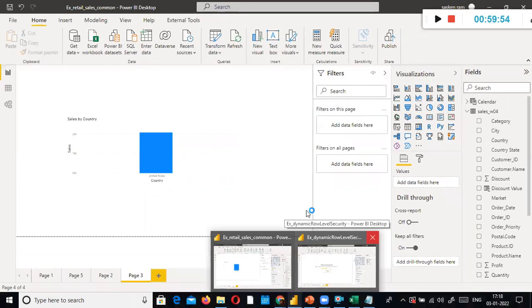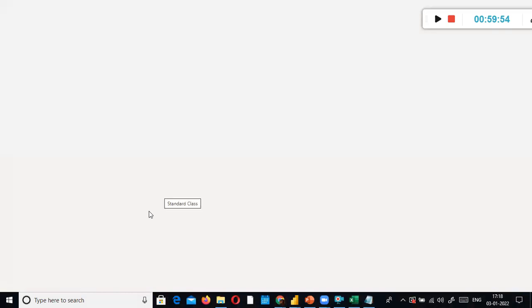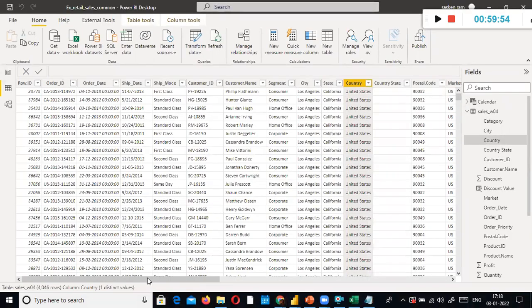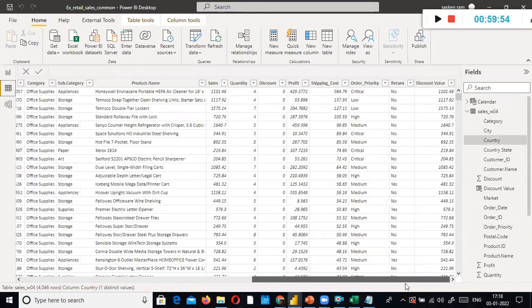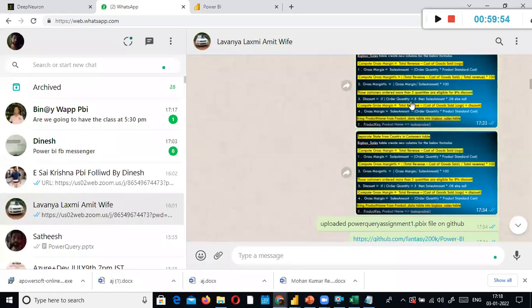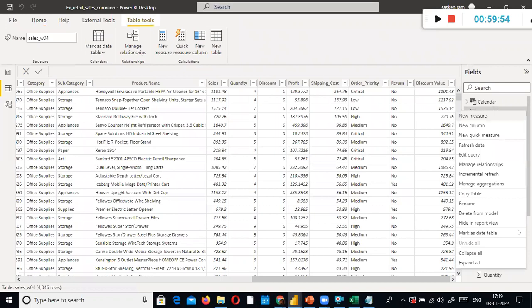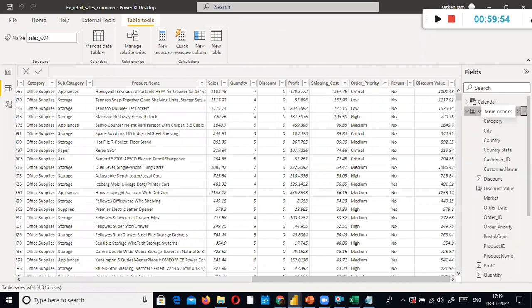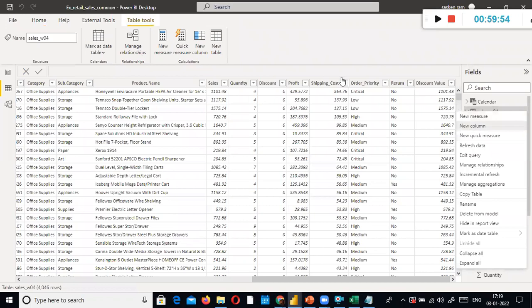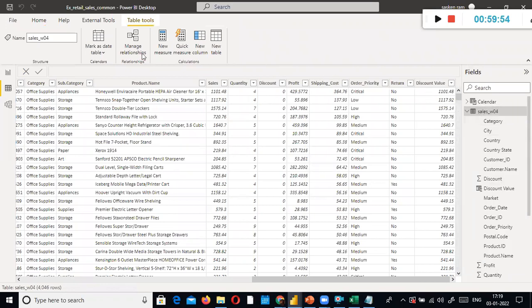Instead of introducing new versions, they can work on the performance point of view. Microsoft is very slow. Fine. So here, for example, this is the condition I have given, isn't it? If the order quantity is greater than 5, then do this. So what I say here, you can find New Column here. When you go to the data view and select this table, or you can just click here. These three dots are called ellipses. Just select this one and click New Column. Instead of searching here, you can click New Column here.